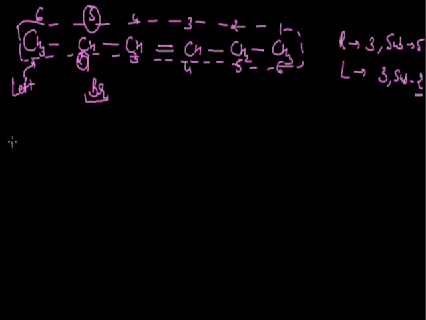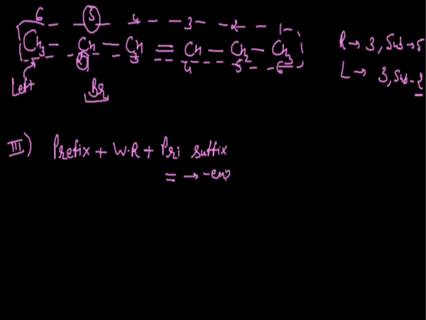Now according to these two rules, we will write the name of organic compound in the order we have learned earlier. First, we will write the name of prefix followed by root name, which will be indicated by number of carbon atoms in parent chain. After that, we will write the primary suffix, and in case of alkenes, if the double bond is present, the primary suffix will be "-ene", and if it is an alkyne with a triple bond, the primary suffix will be "-yne". After the primary suffix, we will add the secondary suffix, which will be indicated by another functional group that we will deal with in the next part.